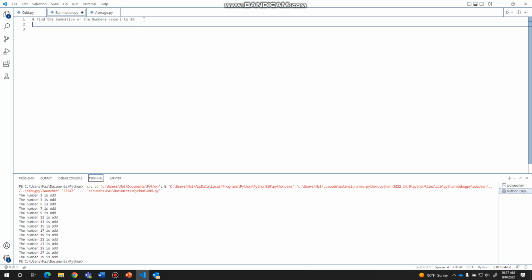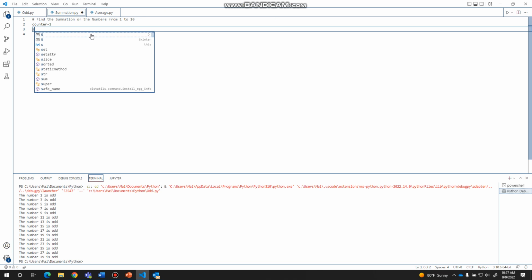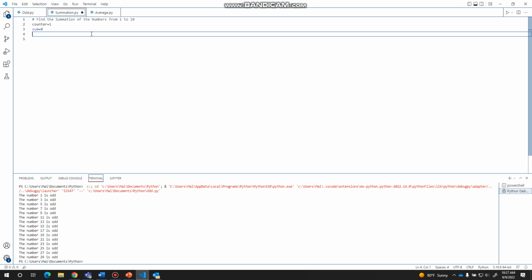So as a setup for my while loop, I need 2 things. I need a variable to keep track of the sum, and I need a variable to keep track of the counter. When am I gonna reach the 10 and stop? So let's name them counter equal, we want the counter to start from 1 because I'm starting from 1 here to 10. And for sum, since I still did not add anything, I will initialize it to 0. It's still empty. While counter